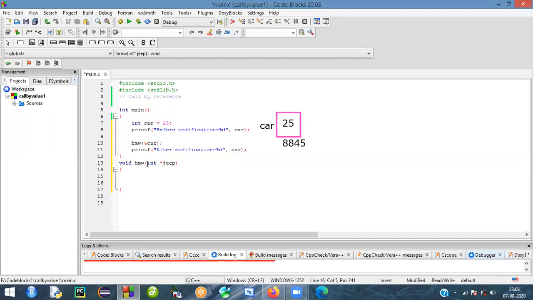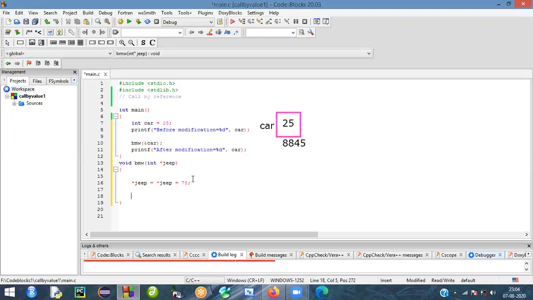Here I will increment the jeep value, like pointer value star jeep equal to star jeep, I will increment by 75.